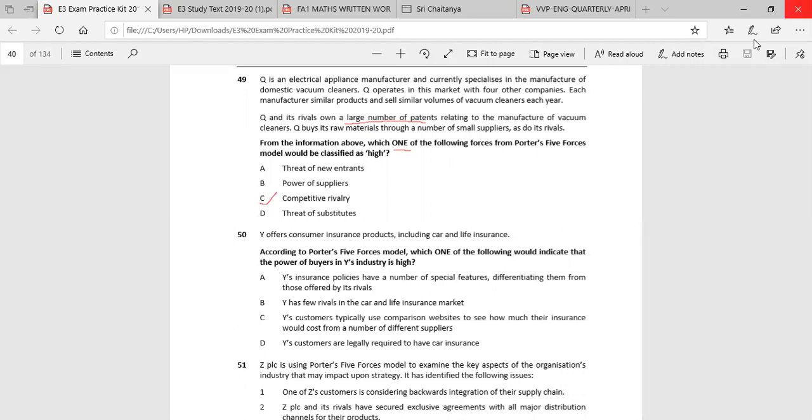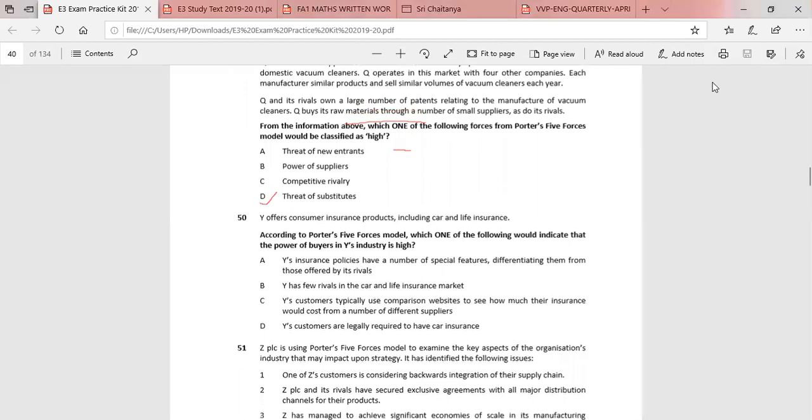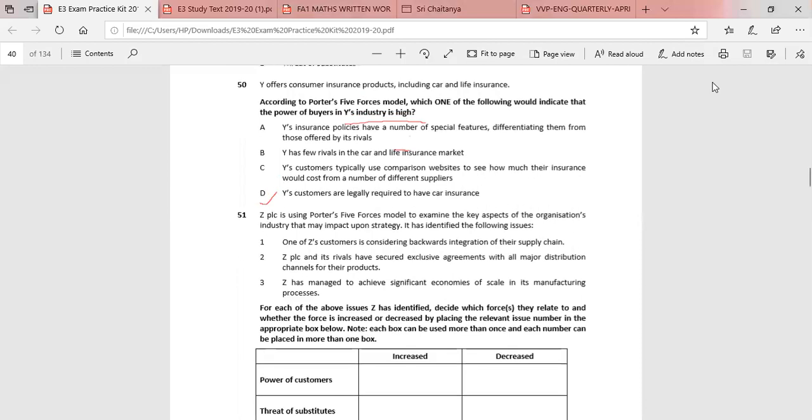Then we have the 50th question. Y offers consumers insurance products, including car and life insurance. According to Porter's five forces model, which one of the following would indicate that the manufacturer,